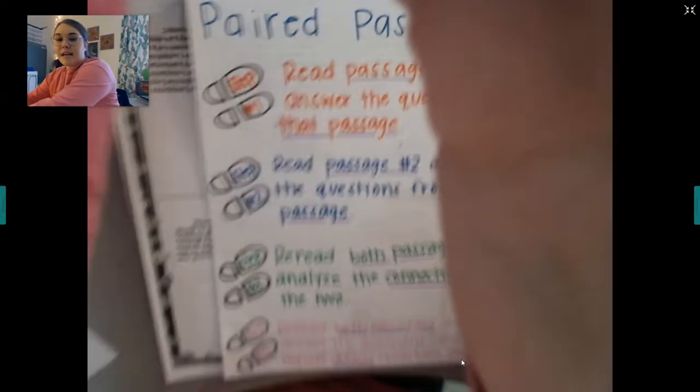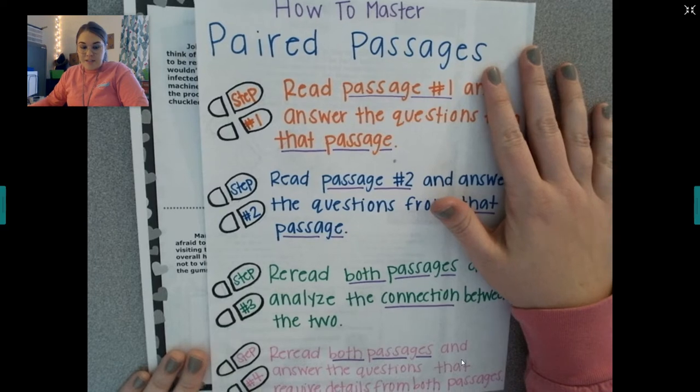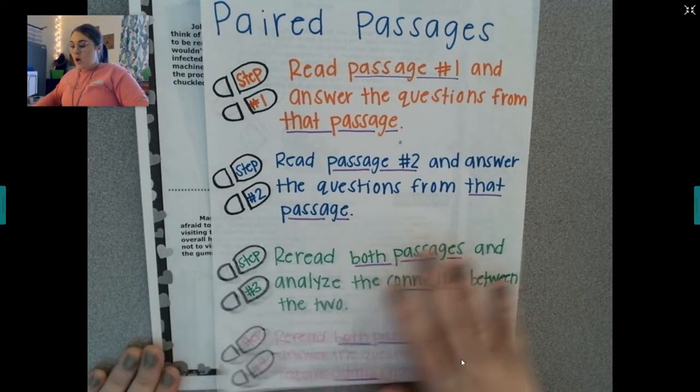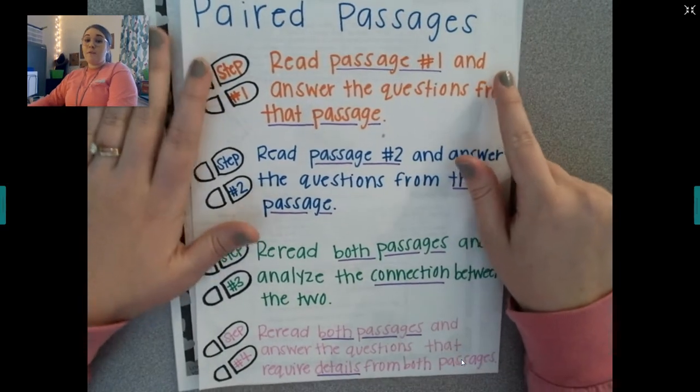Hey guys, it is time for reading today, and we are still working on how to master paired passages. So let's review the steps of how you master these passages. So, step one, when you see two passages on any test, you are going to read the first passage and